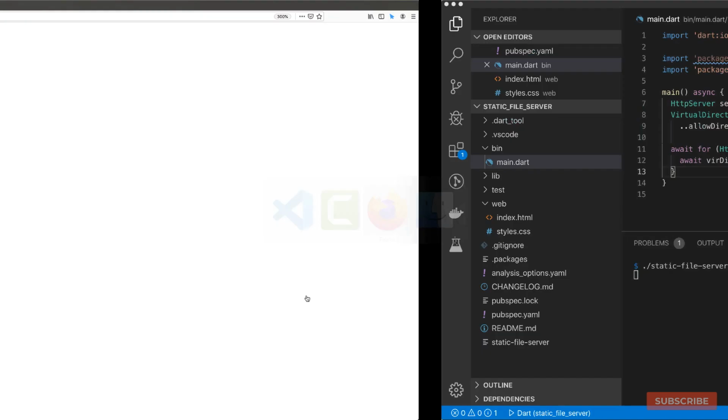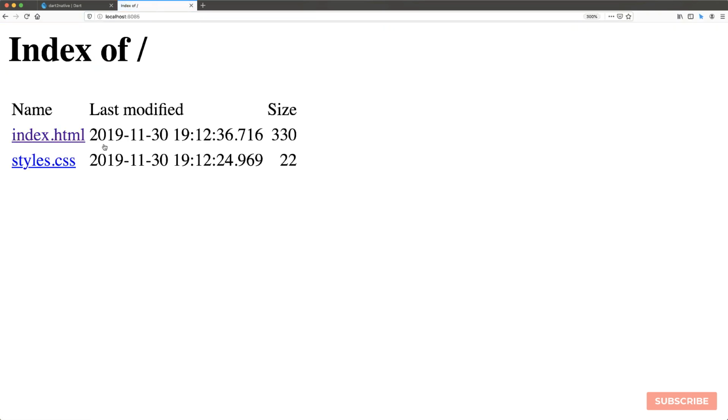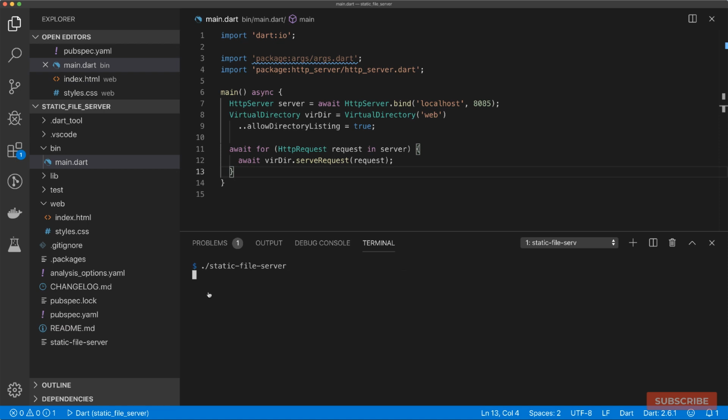So if I visit here again and reload it, we can find it still running perfectly. Okay, so we got our executable here and it's running as expected. Alright, so now let's make this a bit more interesting, because right now our executable is only serving from the